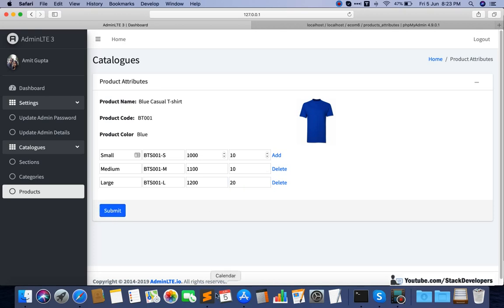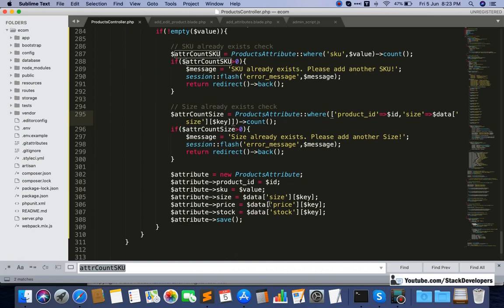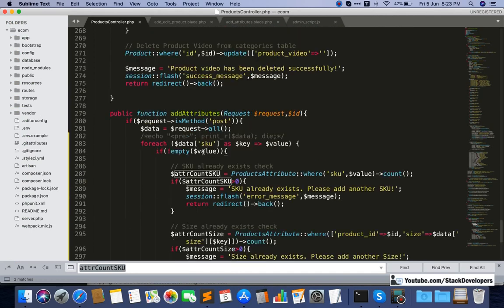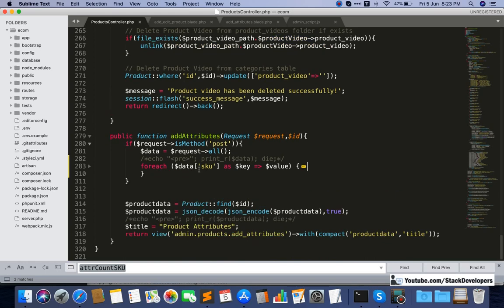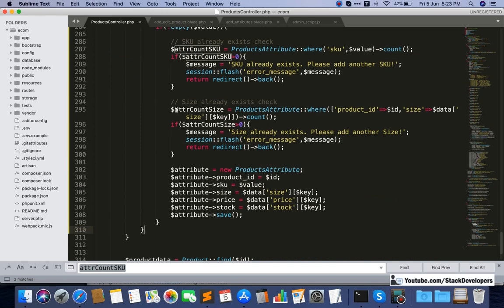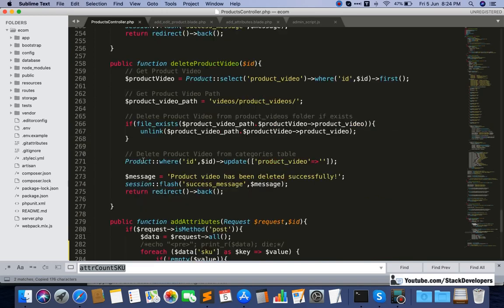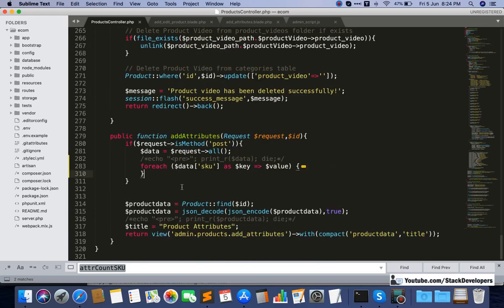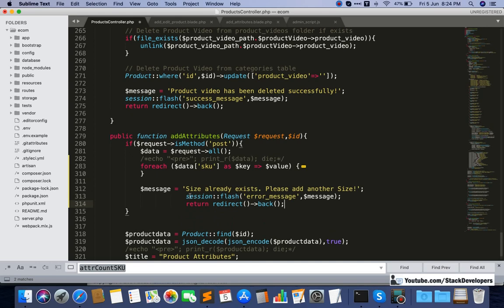One more thing: if we are able to add the data correctly, then a success message will also be required. After the foreach loop we will add the success message. I'm going to copy this one once again, and after the foreach, add the success message session flash.